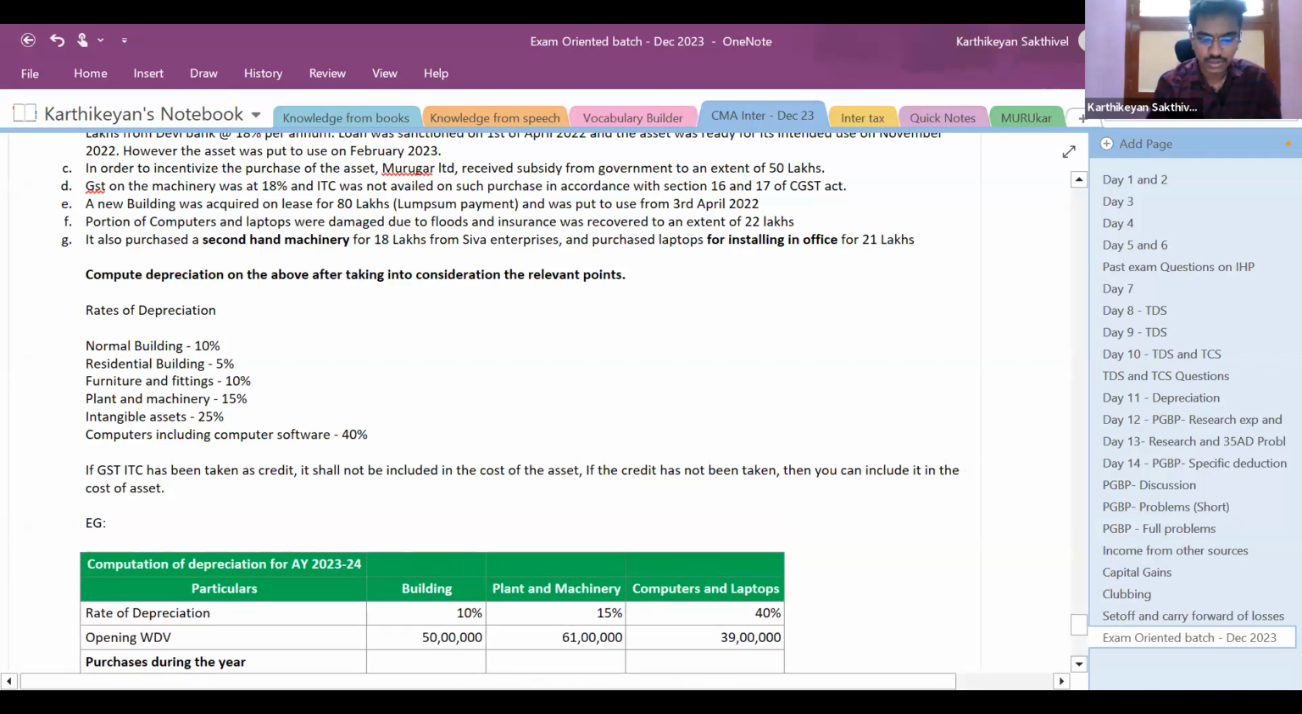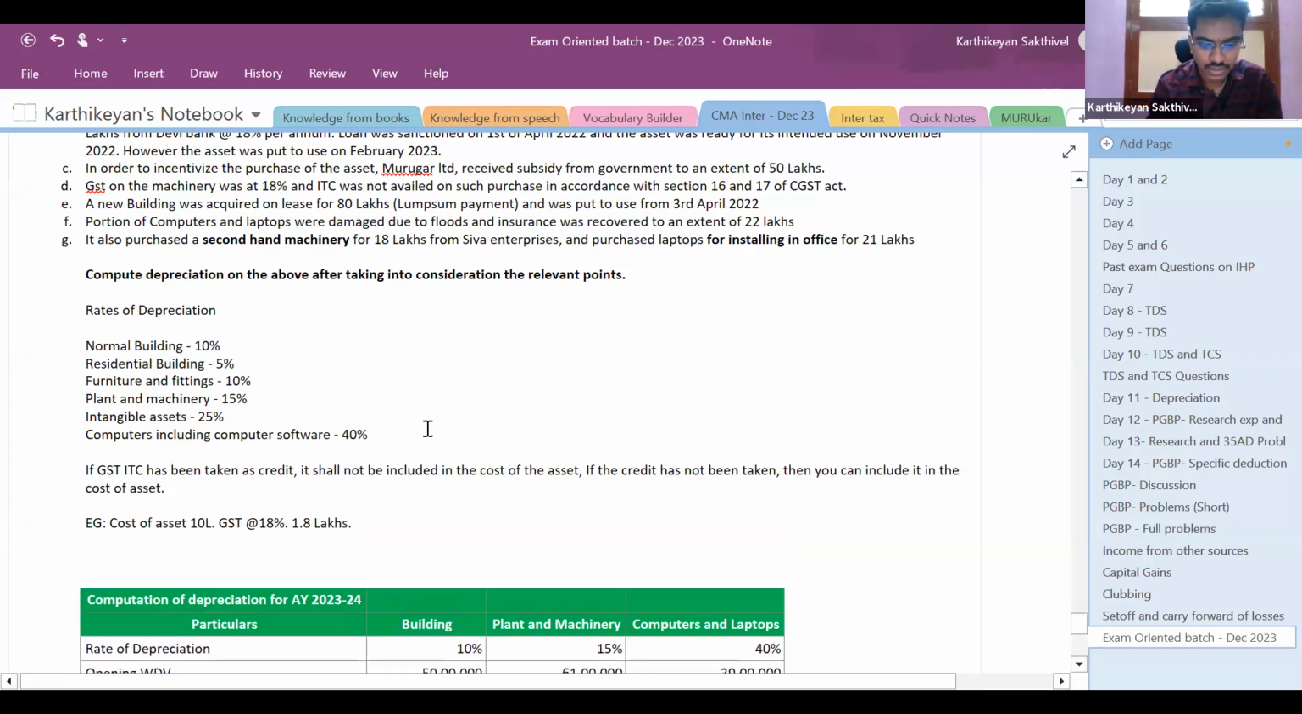Example, cost of asset 10 lakhs. GST at the rate of 18%, just for an example. So what would have been the GST? 1.8 lakhs. Correct? Situation 1: ITC credit